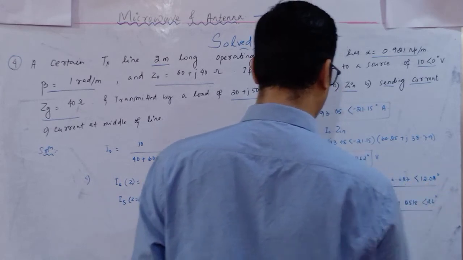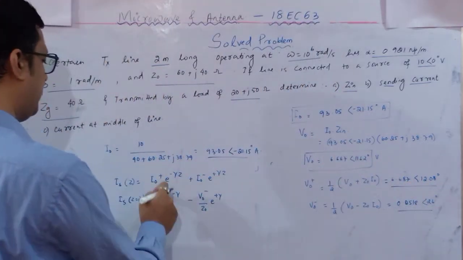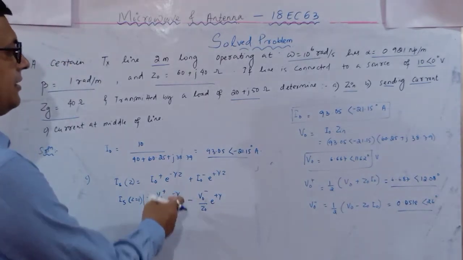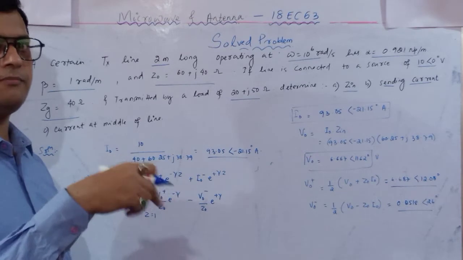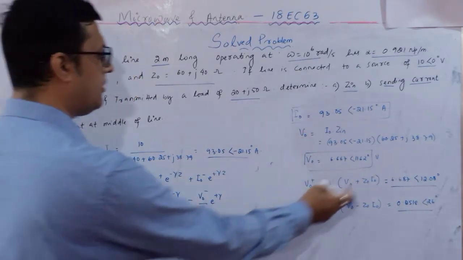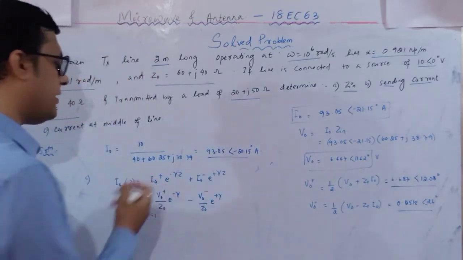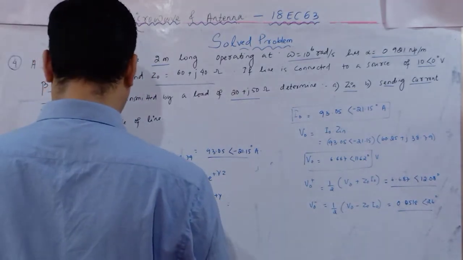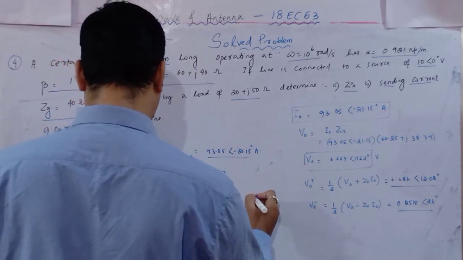So these are the two potentials. Substitute these two potentials in these two equations. e to the power minus gamma, the gamma value is given, take the exponential part, V naught plus divided by Z naught. So whatever the V naught is given, divided by Z naught. After substitution, you will get the current around